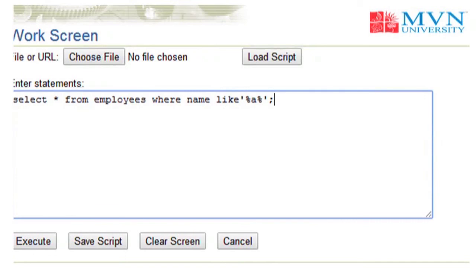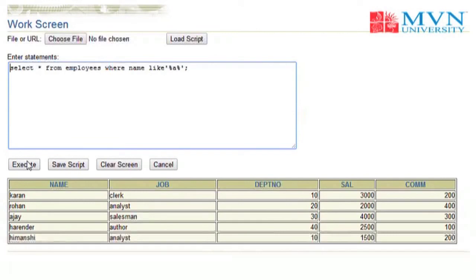Let us execute this query and find the result. Here we have retrieved the records of all the employees whose names contain the character A. So this is all about the other operators. Thank you.